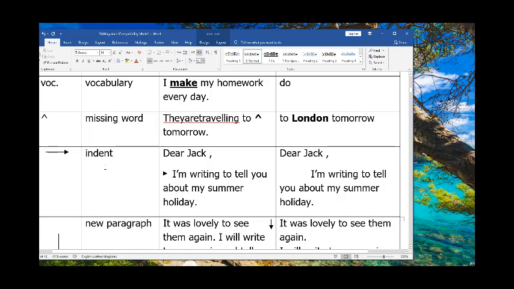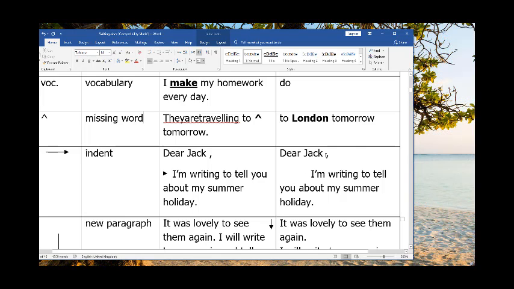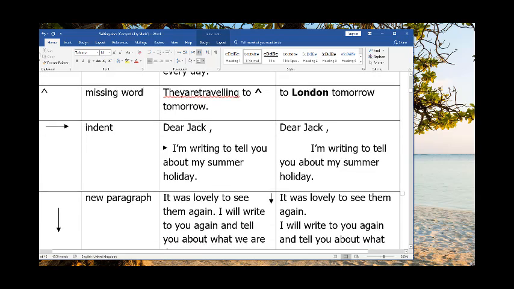So if you find me drawing an arrow for you, no, you have to know that here you forgot to leave an indent. Okay, like here you have to leave a space, so a big one, and then when you go to the other line you have to start from the beginning. So I have to see that there is a space here to know that you left an indent. Okay,